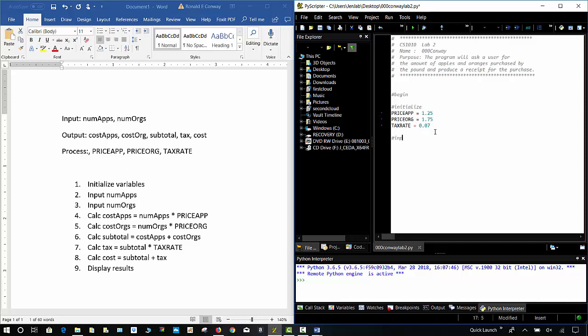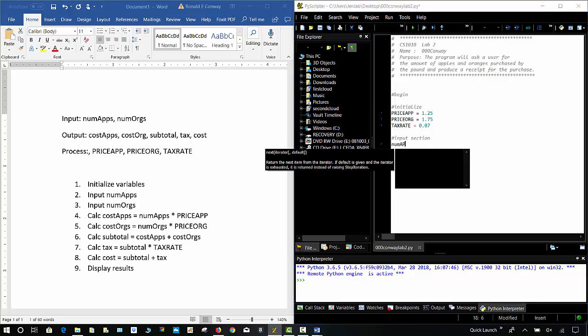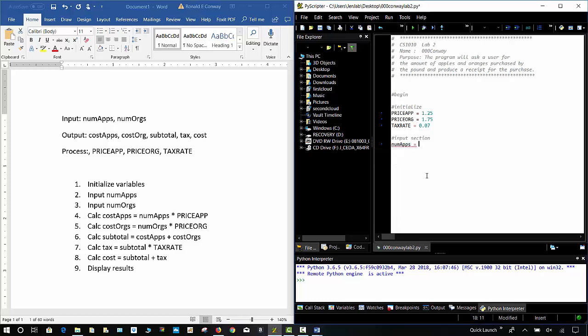In the labs, I'll simply put my next section as the input section. And notice I added a little space here to separate one section from the other. Okay, and if you don't put section there, I'm okay with it as long as you put a #, input. Okay, all right, so my first input here, of course, is num apples. Num apples is equal to, and I want to input this, so I'm going to use the input, but